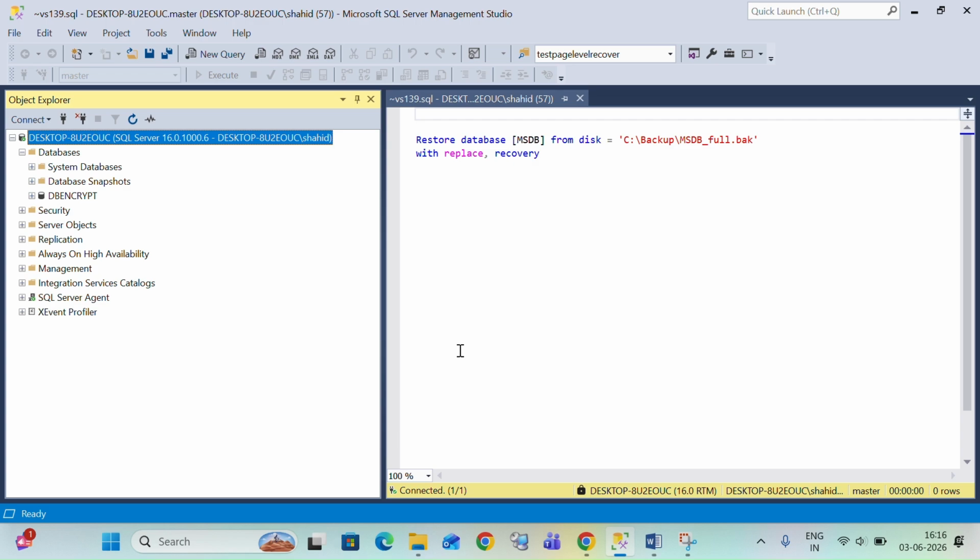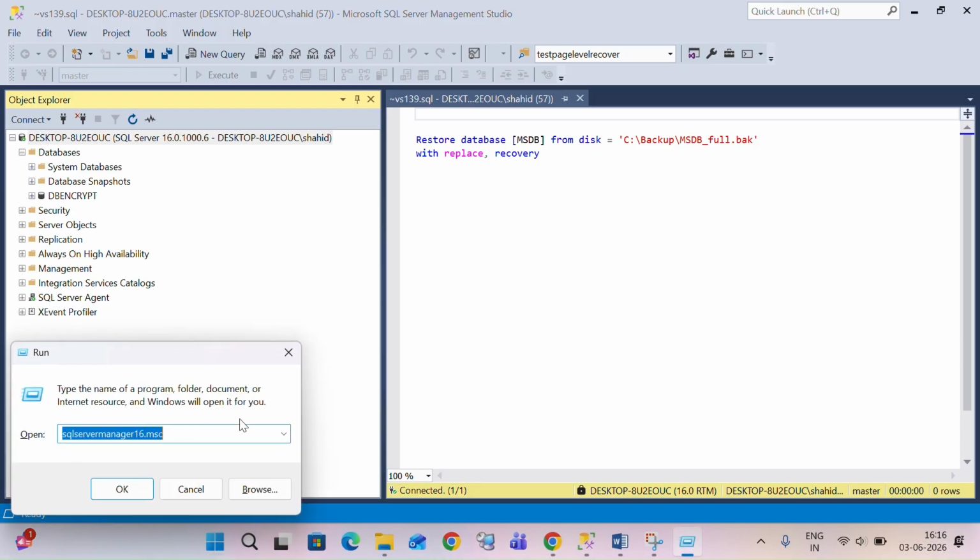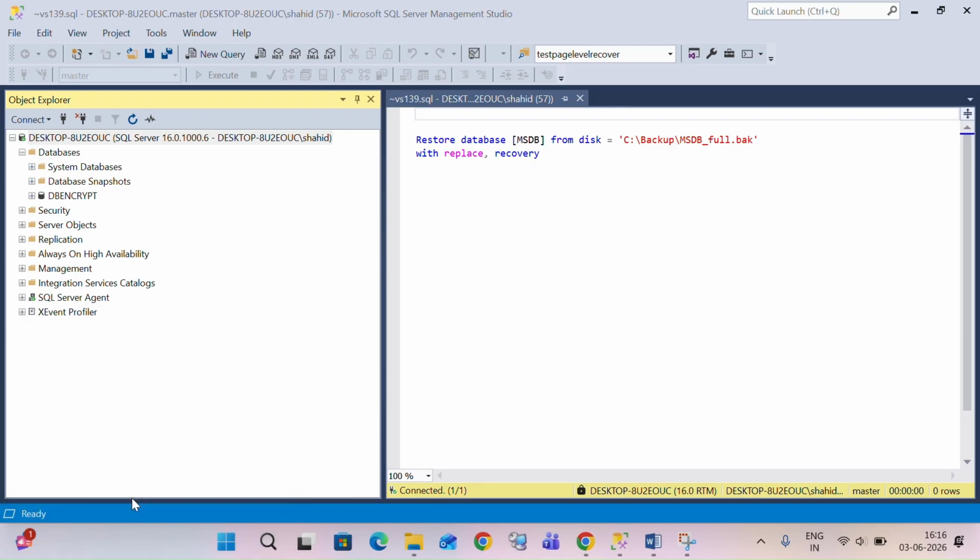In last class we were discussing about the corruption. So I have already discussed about the TempDB corruption and MSDB corruption. So one thing is pending: I have to copy the MSDB from the template folder and paste it to the data folder. As I discussed, if TempDB is corrupted, we can go to SQL Server Configuration Manager and restart